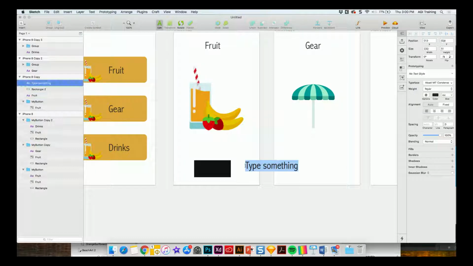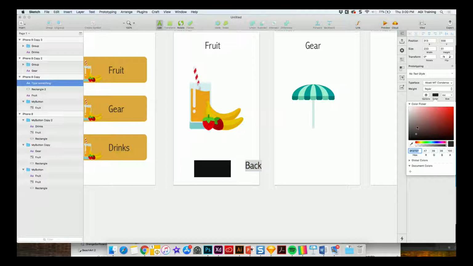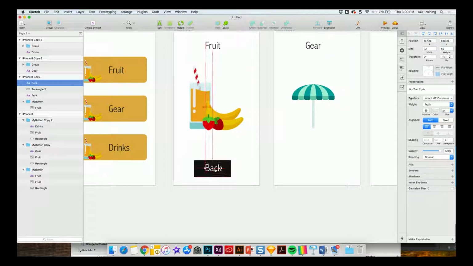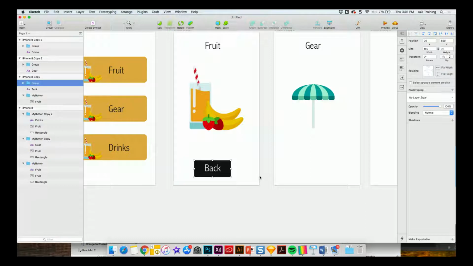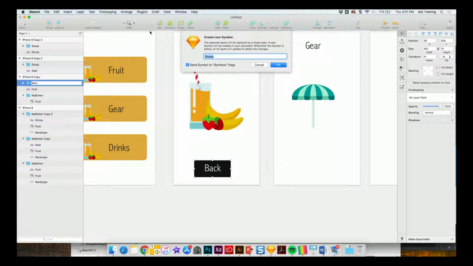Text, back, and we'll make it this color. And I'm going to take this then, and because I'm going to use it a lot, I'm going to go ahead and group it. I'm going to press Command R. It's called back. I'm going to go up here and say create a symbol by clicking up on the top, and I'll just call it my back button,